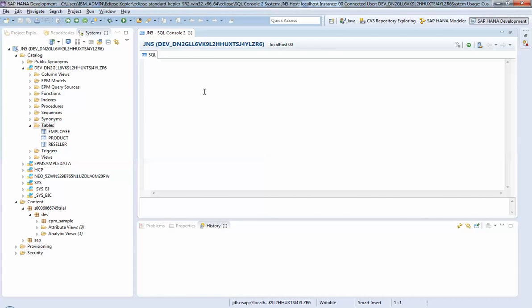I'll be creating the column type table. One is row store, another is column store. I'll be creating the column store table. We already have product, reseller, and employer. I'll be creating the sales table. So let me just write the command: create column table sales,